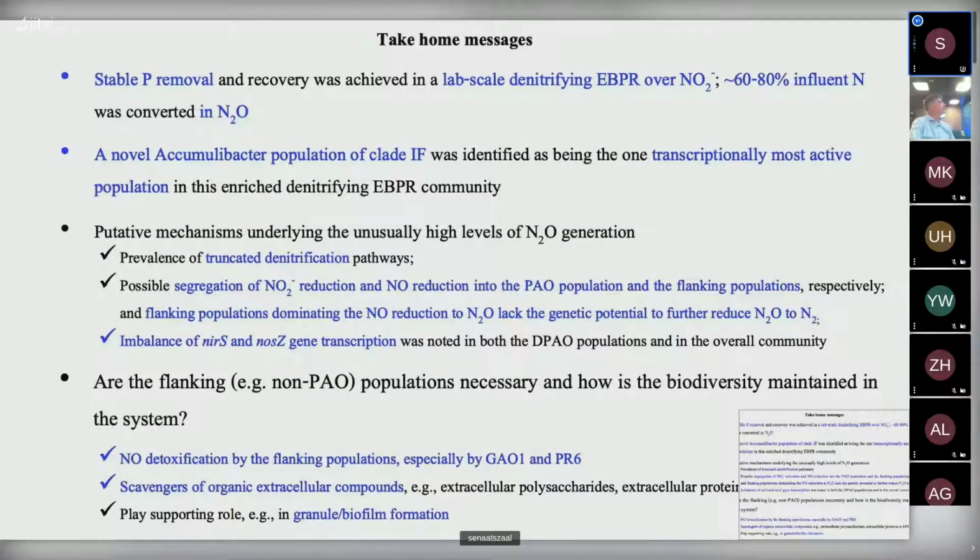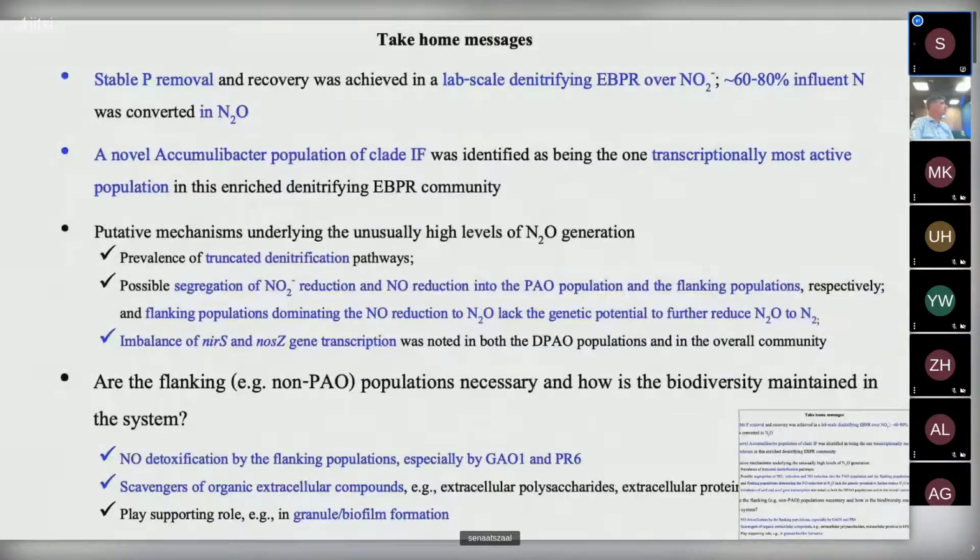First, stable phosphorus removal and recovery was achieved in a lab-scale denitrifying EBPR reactor over nitrite, and unusually high nitrous oxide generation was observed. Second, a novel Acinetobacter population of clade 1F was identified as the most active population in this unique community. Third, truncated denitrification pathway and segregation of the nitric oxide reduction into flanking populations that lack the